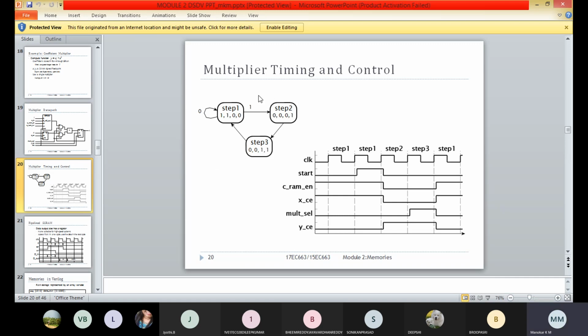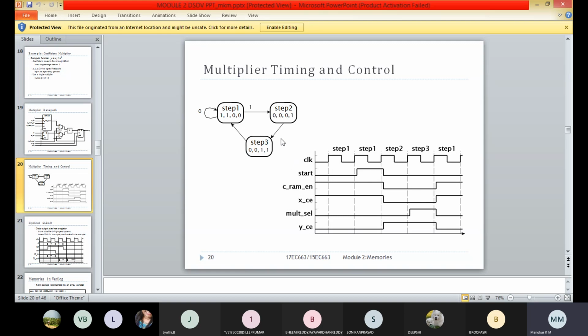Next, this is the finite state machine. We can look at this. Here in the first step, that is the idle state, we are waiting for the start signal. If the start signal is 0, we remain in step 1. On the arrival of the start signal, we move to step 2. From step 2, unconditionally, we move to step 3.